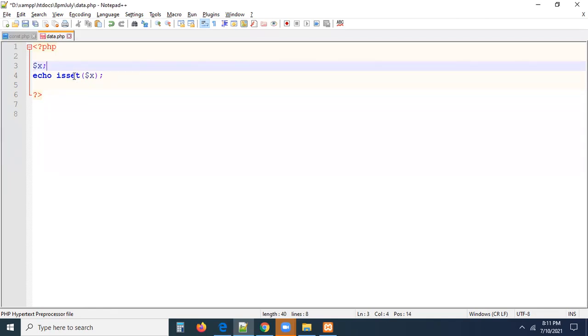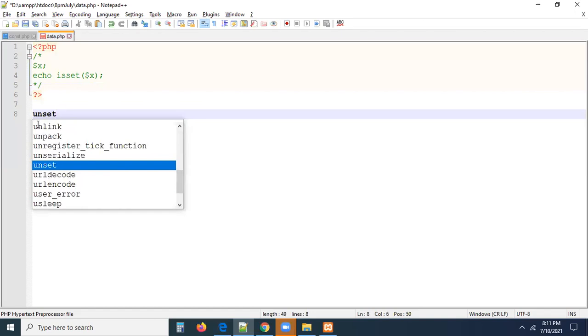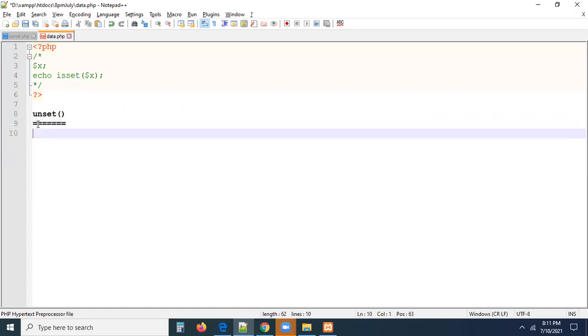Okay. Now, the next method is the unset method. What is the unset method, guys, exactly? So isset is a method by which we can verify whether the variable is set with a value or not. Now I have another method called unset. What will this unset do? By using this method,